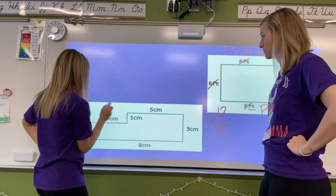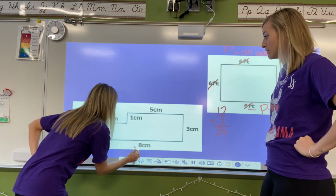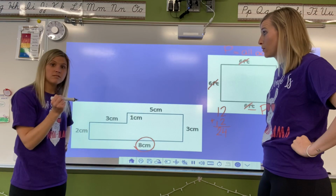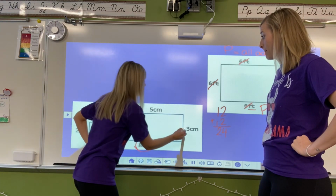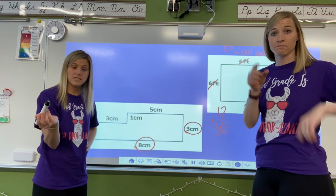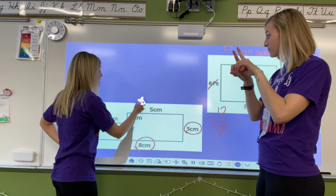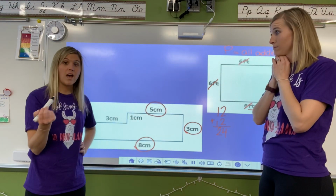Perfect. So I'm going to start with the biggest number because that's always the easiest for me to start with. So I'm going to start with 8. Now I'm going to go around the shape. 8 plus 3, 8, 9, 10, 11. 8 plus 3 is 11. I'm going to go to the top. I'm at 11. I'm going to add 5. 11 plus 5 is